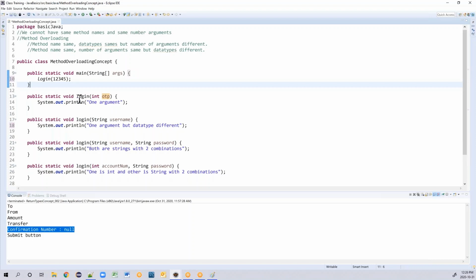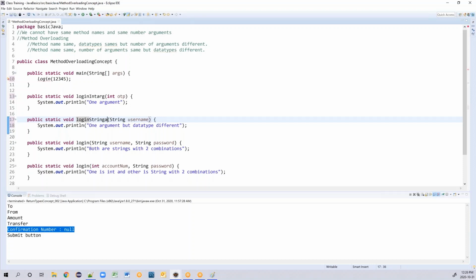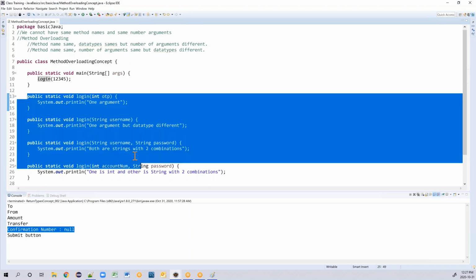So I don't need to write different methods like login with int argument, login with string argument, and login with two arguments. I will define only one method name, but give different arguments. That concept is called method overloading.